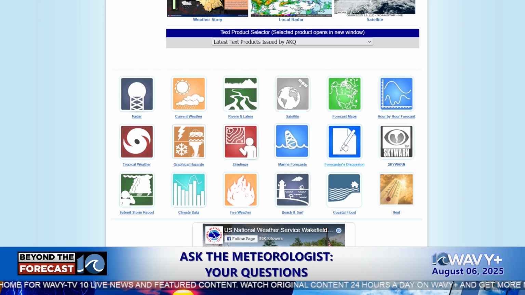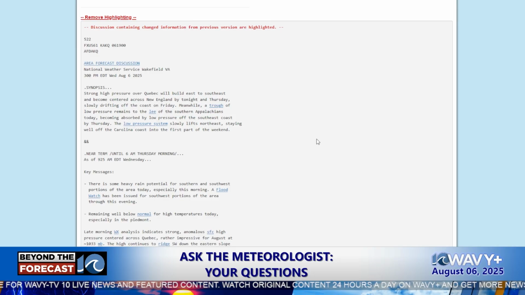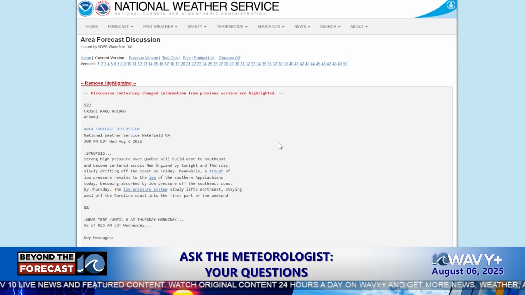If you really want to geek out, this is the thing to learn. It can be complicated. Here's the text. You can't read it, but there are hyperlinks on these words so you can find out what they mean and continue to learn more. It's a great resource if you want to read the latest of what they're thinking. I don't use it every day, but on high impact days, I want to have a last look at that.